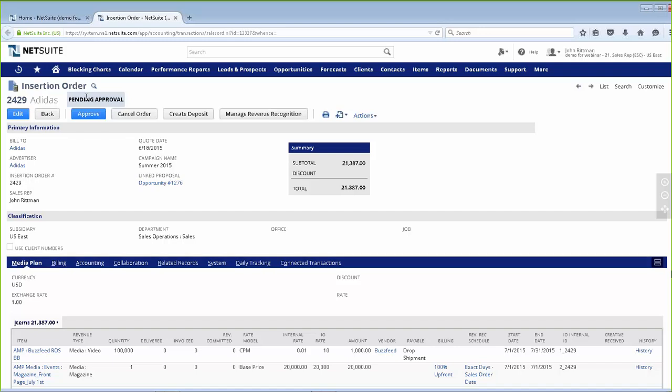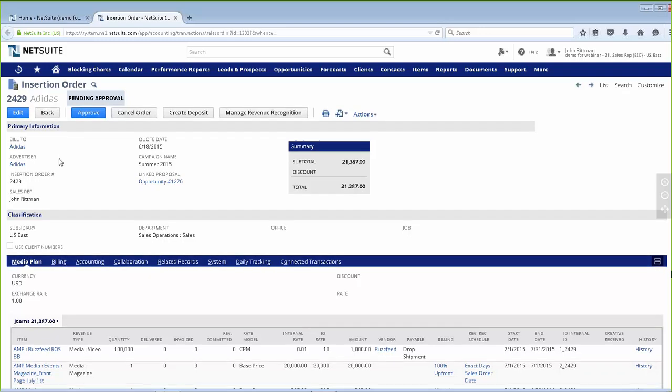And there's some key pieces of information let's go through on the contract. So on the NetSuite system, we're going to have on the contract a lot of fields that are already inherent to the transaction, such as your bill to and your advertiser. So I'm able to indicate, maybe if I'm working with an agency here and an end customer there, or if I'm working with somebody directly, I can indicate that on my contract.